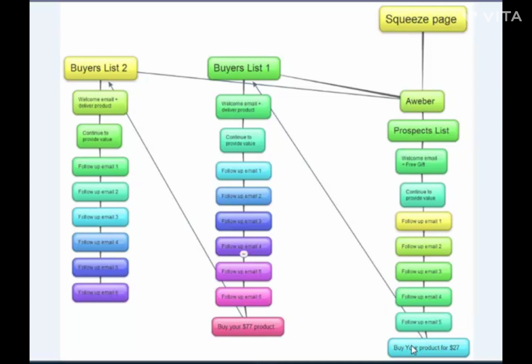So after they've purchased your low price product, as I said earlier, they get transferred to your buyers list, and then they go through your emails, and then if they buy your second product, which is maybe at $27, they then get transferred to buyers list number 2. So all of the customers in your buyers list number 2 have purchased your first product and your second product. So your buyers list number 2 are going to be your most valuable customers,